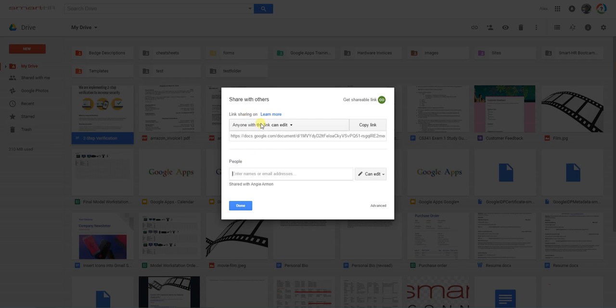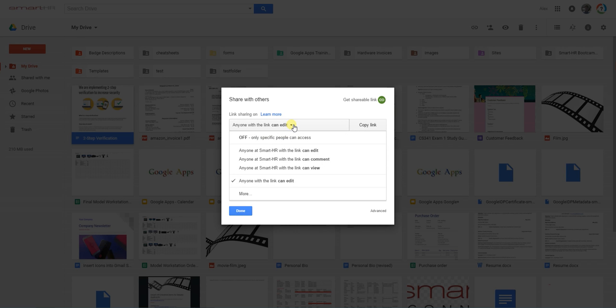Link sharing generates a link to the document or folder that you're going to be sharing and auto-populates it to your clipboard, from which you can copy it by selecting copy link. It's especially useful for sharing with people outside of your organization or outside of Google Apps, things like that. After you have generated the link, you will want to set up its access settings,